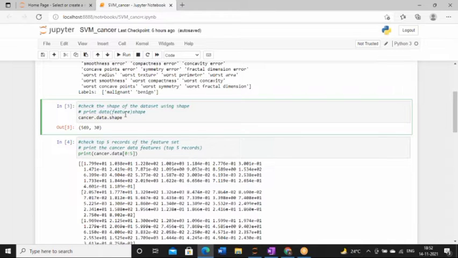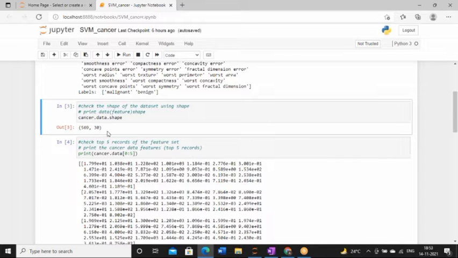While defining the data analysis concept, I have already defined how to find out the shape. Since our data set is loaded into the variable cancer, if I write the variable name.data.shape, then it will give you the dimension. So what is the dimension? This is the dimension. So 569 cross 30.